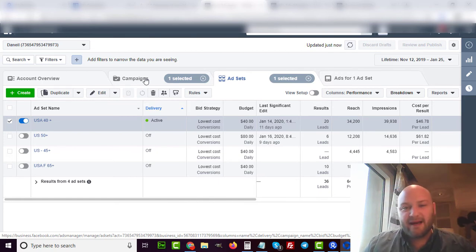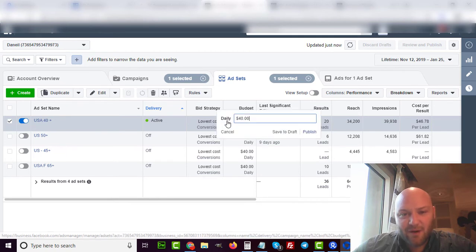So I did a diet campaign. I showed how to do that, collecting leads. Now, again, I have another campaign running here, running leads, but you can set this budget here for as low as $5 a day. You can set it, I think, even $2 or $1. I've never gone below $5, but basically, you can set up a bunch of ad sets. You can start with 1, 2, or 3 and start at $15 a day, testing out different targeting options about your audience.